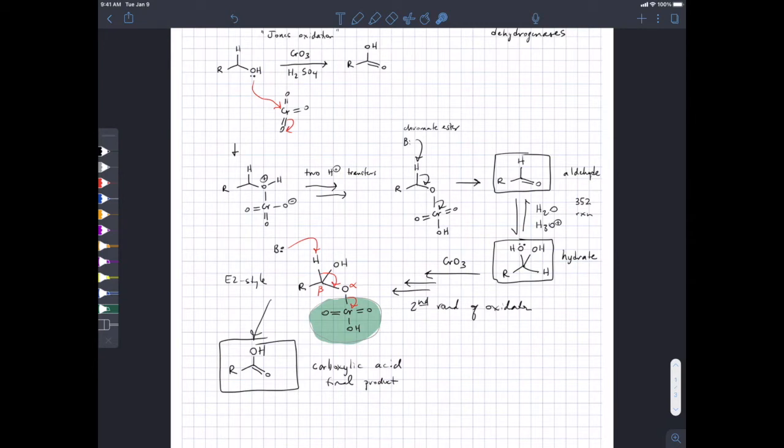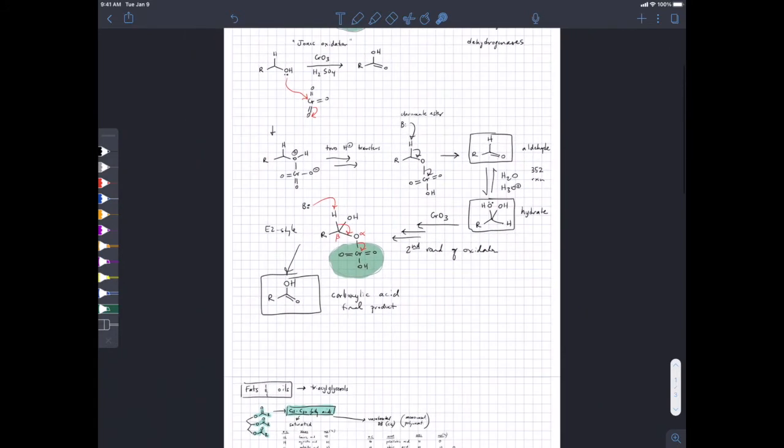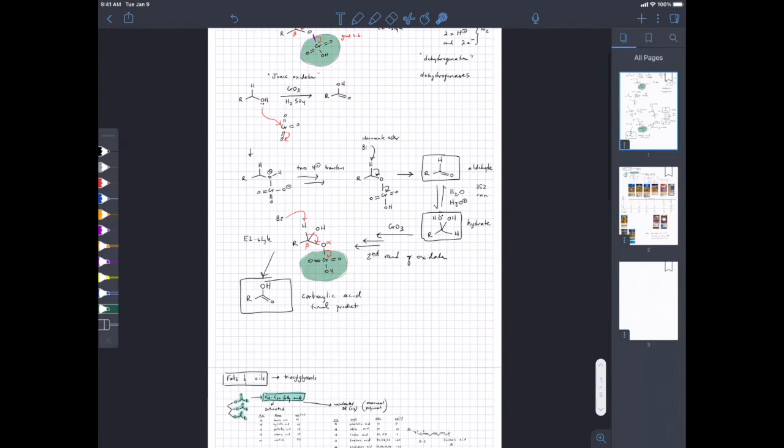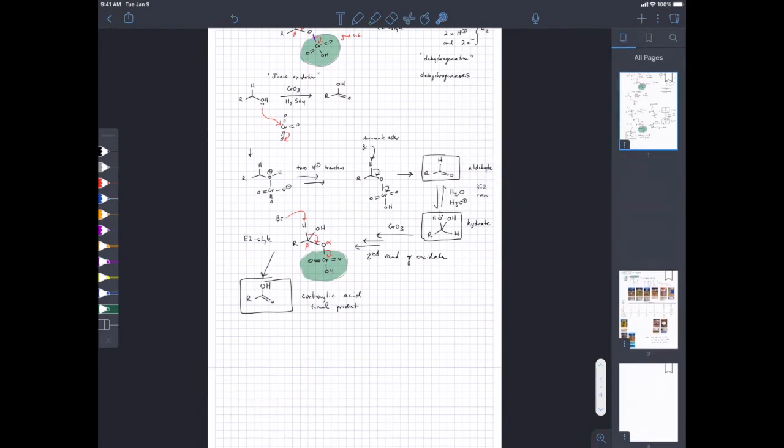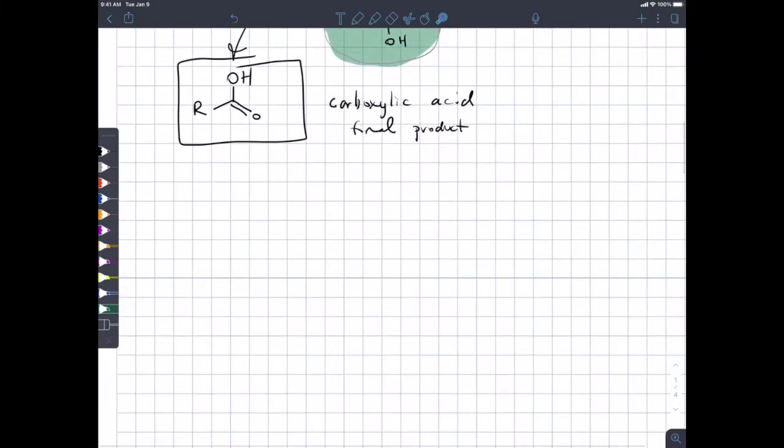Yeah? To clarify, that only works with the primary alcohol? Does the Jones oxidation only work with a primary alcohol? Yes and no. You can get to the carboxylic acid only from the primary alcohol. Of course, if you wanted to use the Jones oxidation with a secondary alcohol, you can certainly do so. The issue is you get to the ketone, and then there's nothing else you can do